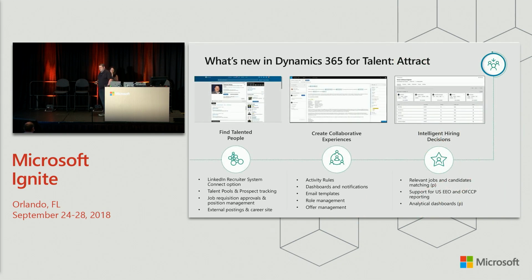So what is new? As we look at basically the process here, we've really focused on helping you find the talent, create the collaborative experience, and bring that intelligent hiring process, as Michelle called out. In looking at finding the talent, we've done a lot of work with LinkedIn to integrate the LinkedIn Recruiter System Connect. So for those customers that are using LinkedIn Recruiter, it's very simple to connect the systems together, that integrate, that allow the data that you have in Attract and the data that you have in Recruiter to be shared